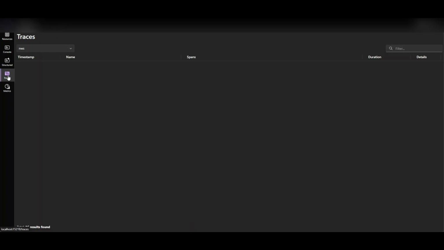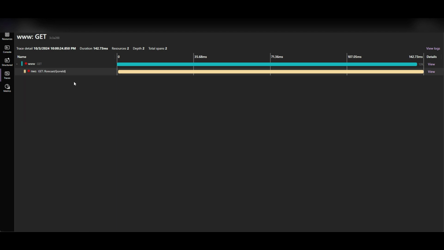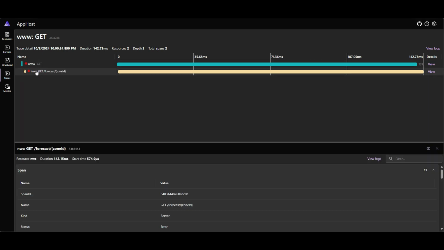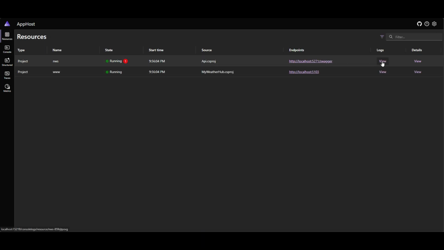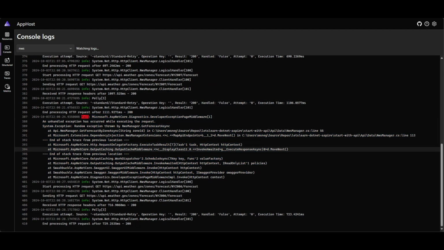I can look at the traces here and see where there was an error, where it happened, and be able to view that information. There's the error, it was an exception. I can jump right into the logs and see that information, and the logs have filters and the ability to not just search for a term but search for different log level information. Jump right to what happened and get that information. As a developer, I can work with that and respond and do the mitigation steps that we want.